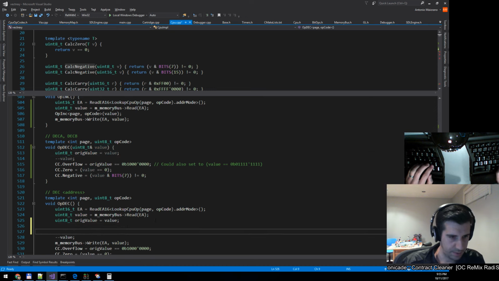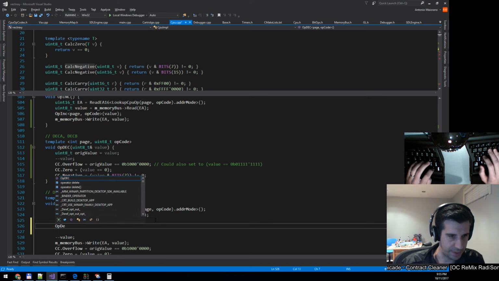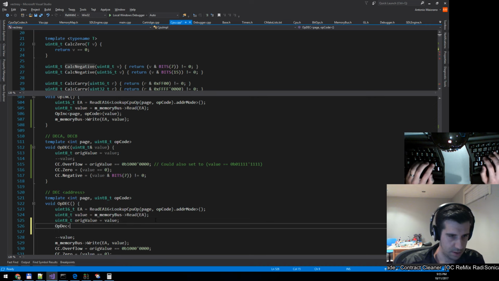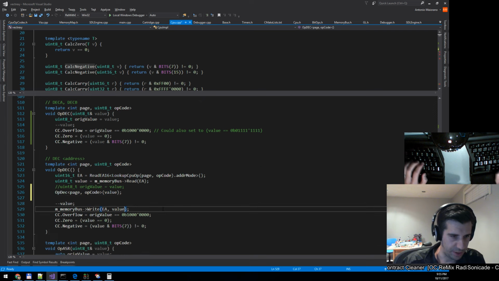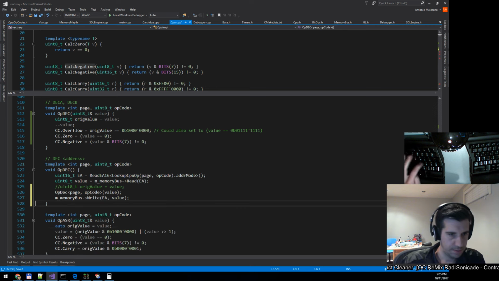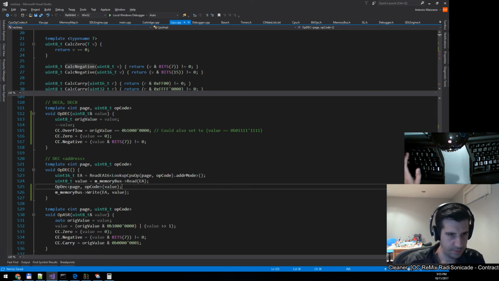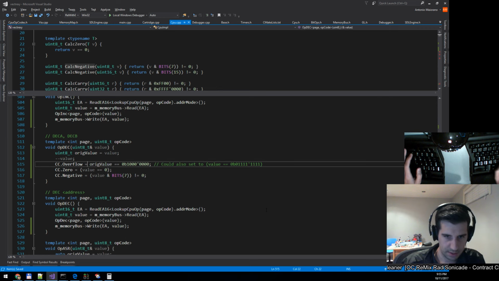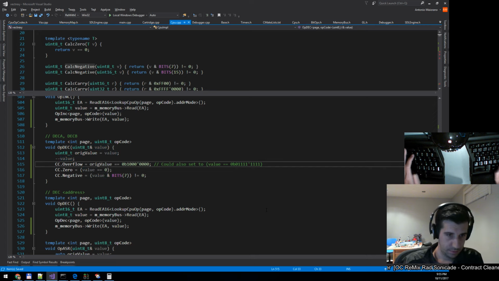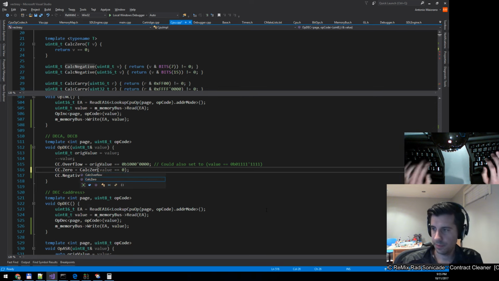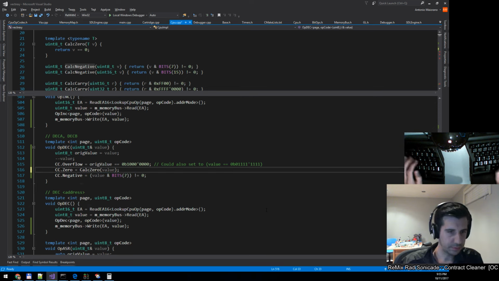And this guy we'll just call op decrement. I guess I don't need to store the original value here, but we need to write back out the result. Now this calc 0, calc negative,